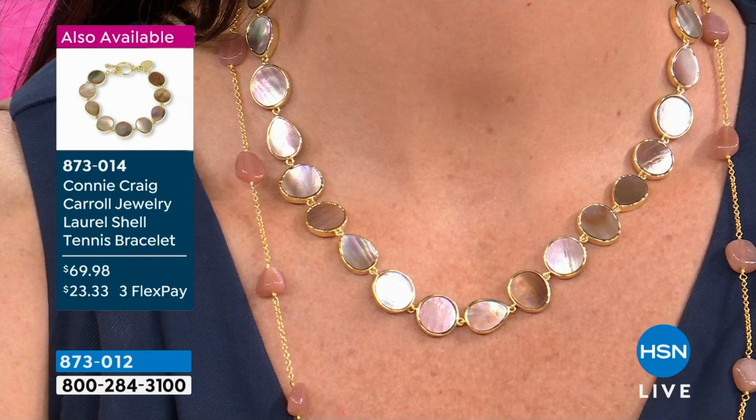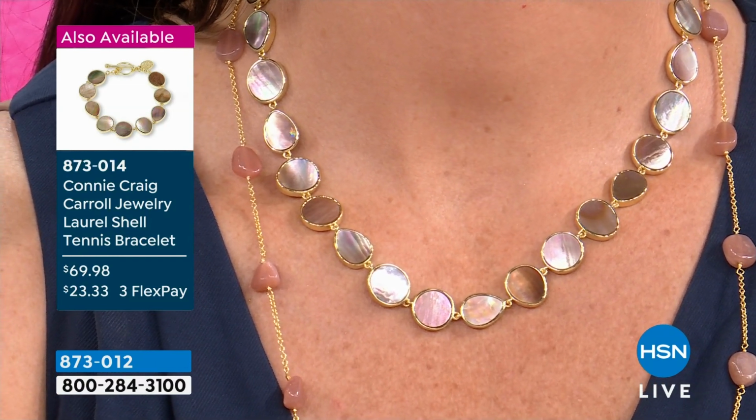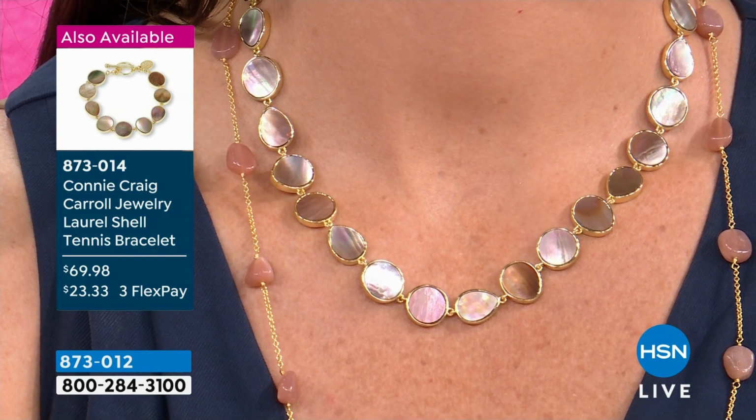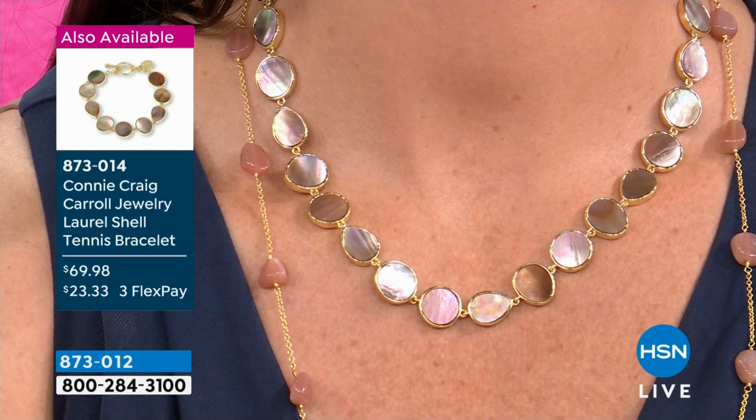We're giving you the information for the bracelet as well. That is, I can't believe it's $69.98. That is very, very popular already. The other thing I want to mention, Connie, is we are both wearing